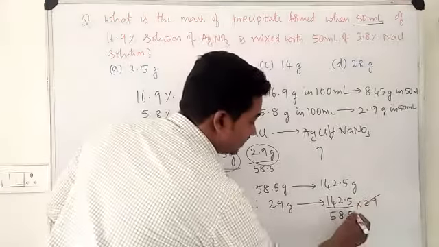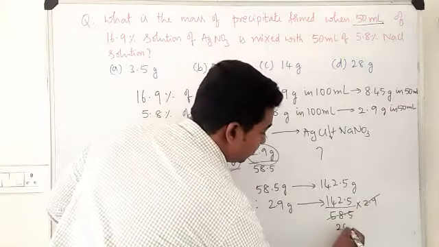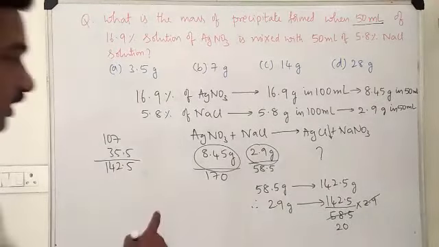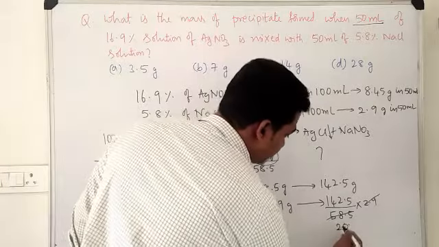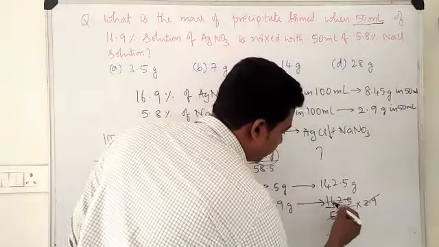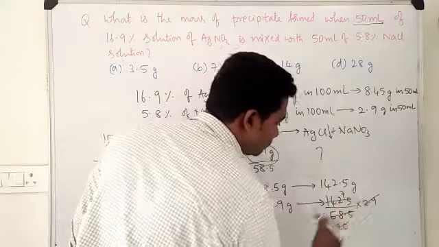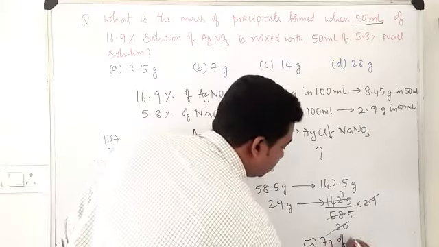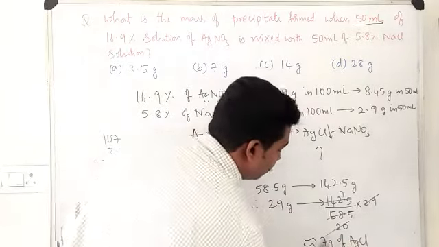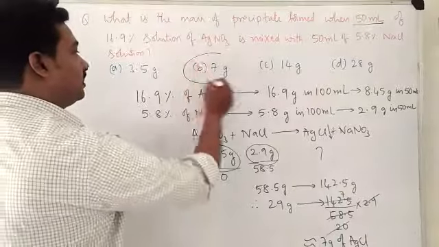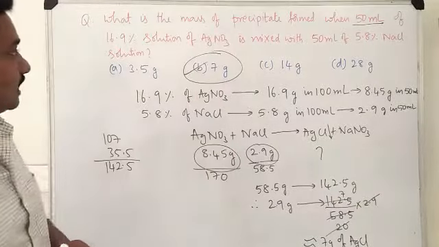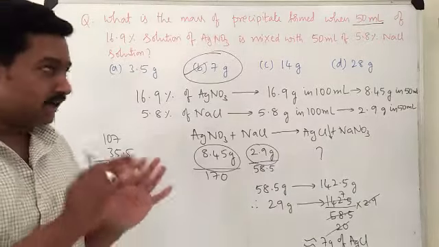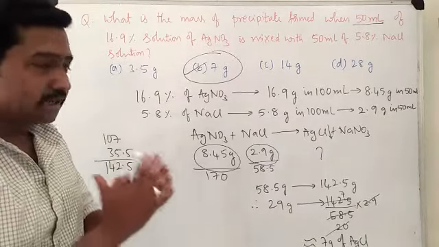Of course, this gets cancelled here. 2 times or 20 times, let us say. So the ratio is, cancel this. This is approximately 20 and 14, therefore 142. So this is close to 7. My answer will be 7 gram of AgCl, which is in option B, 7 gram. So this is the mass of AgCl precipitated. Have a look at it and take a screenshot of this. It will help you later.